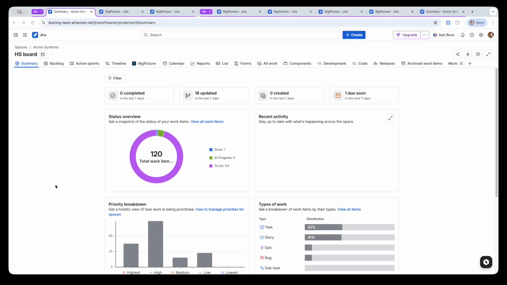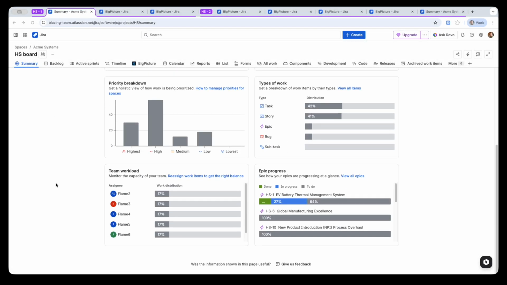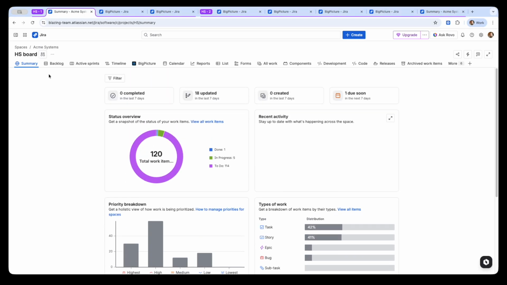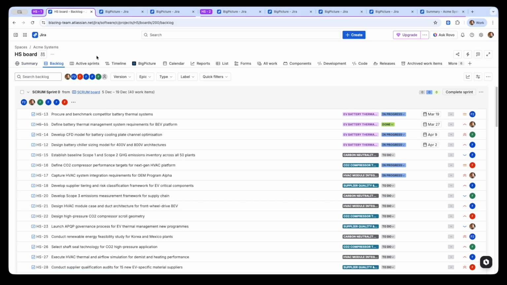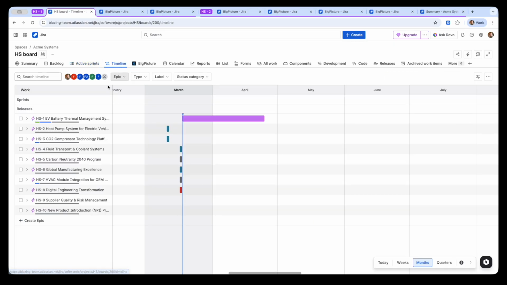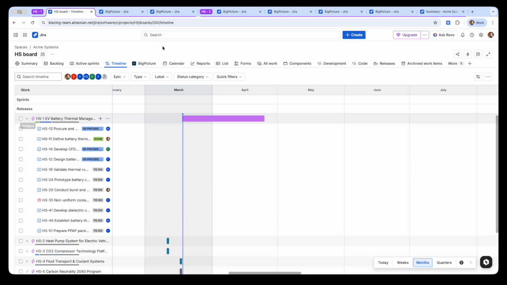Starting with a standard Agile project, we're able to see the usual details within Jira, top-level metrics for Acme Systems as well as their current backlog, with some epics and target dates already identified. We can continue to map that out across sprints, or even across the resulting timeline. Atlassian's native features are great to get started, however, this quickly becomes too basic.